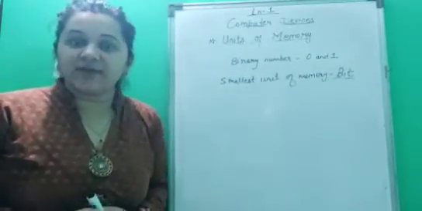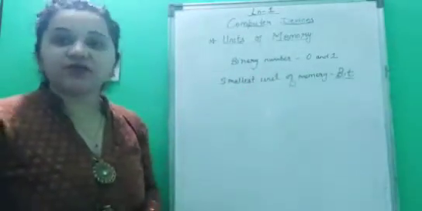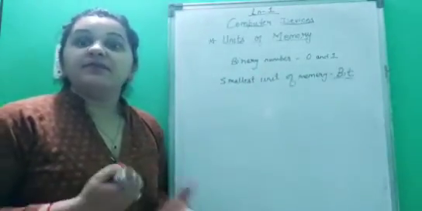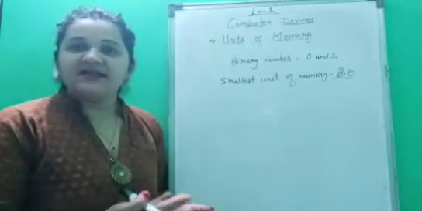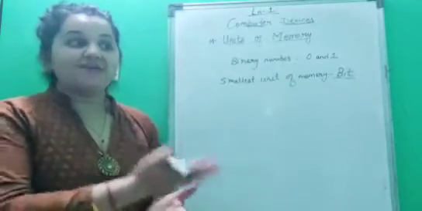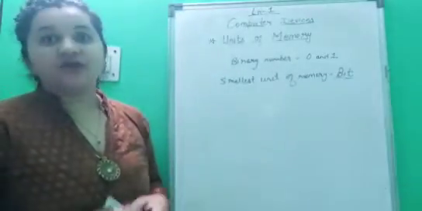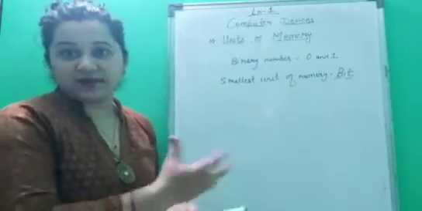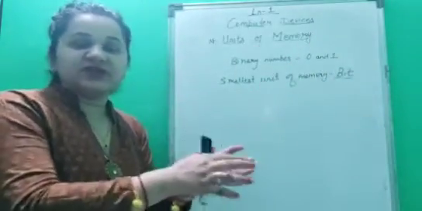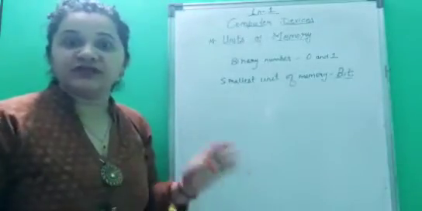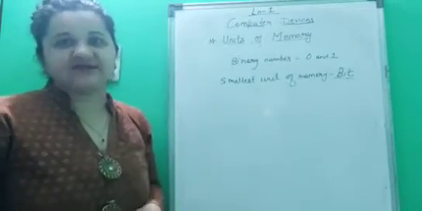When we measure how much data is stored in the computer, it is measured in the form of bit or byte, like kilobyte, KBs, megabyte, MBs. Have you heard these names? It is a measuring unit of memory, or the space acquired by the computer. You would not say 2 kilogram of data in the computer. You will say 2 megabyte. 2 KB data, 2 MB data is stored in a computer.